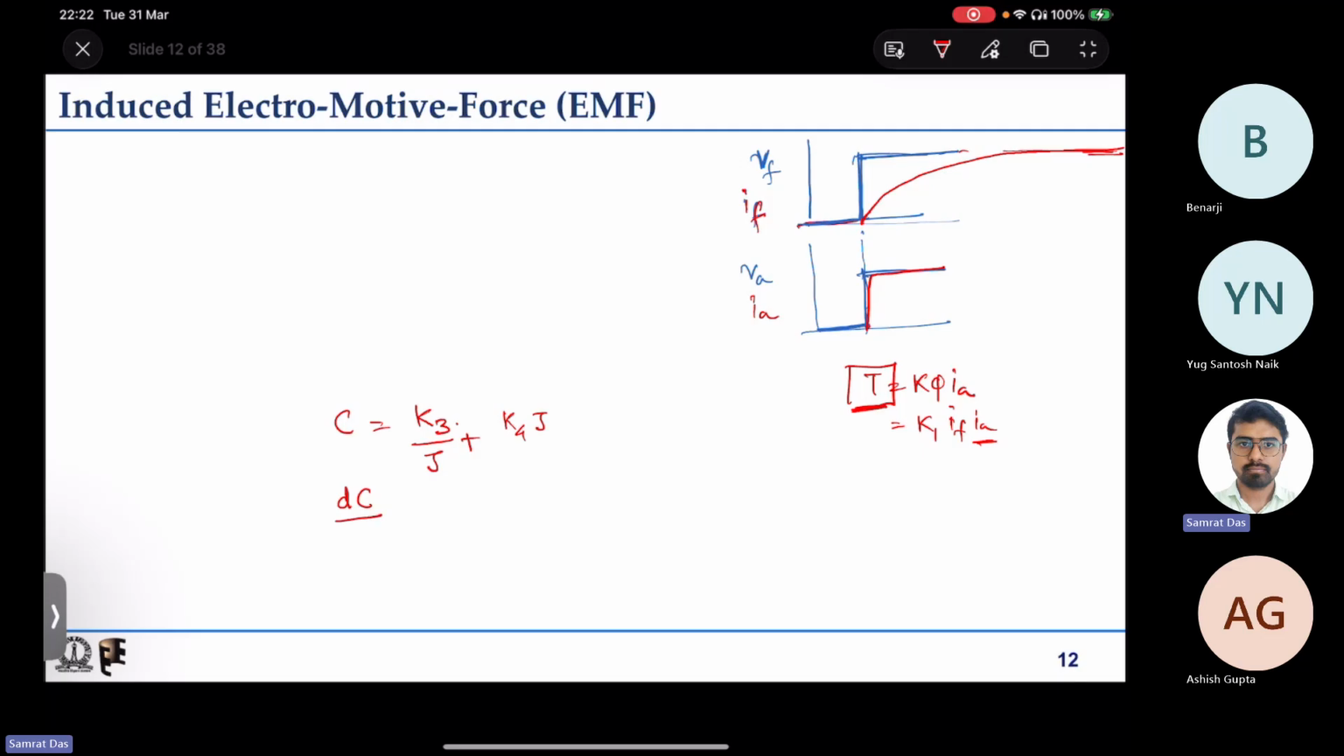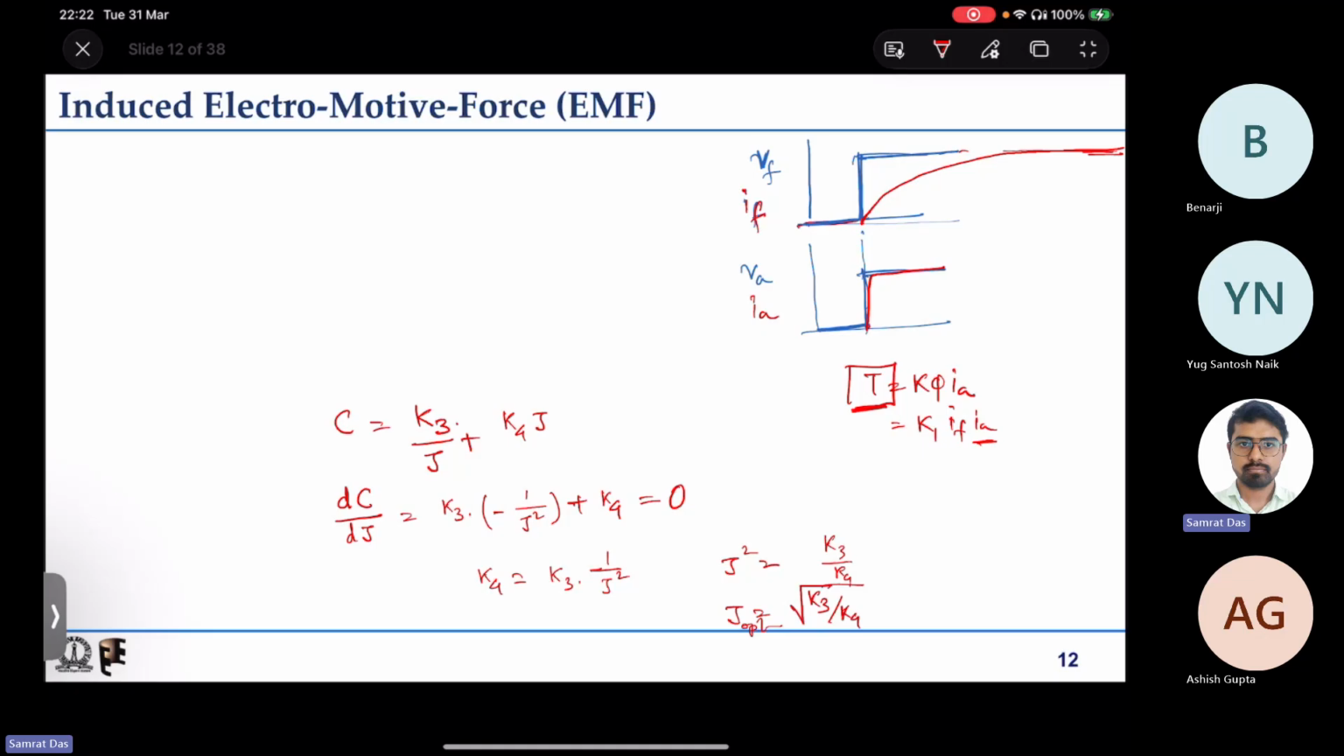So you have to differentiate the cost function C with respect to the current density. What you will have is K3 into minus of 1 by J square plus K4, that you need to push to 0. So if you push it to 0, then you have K4 equal to K3 into 1 by J square. So J square equal to K3 by K4. So J is equal to under root of K3 by K4. That is the optimal J that you can have